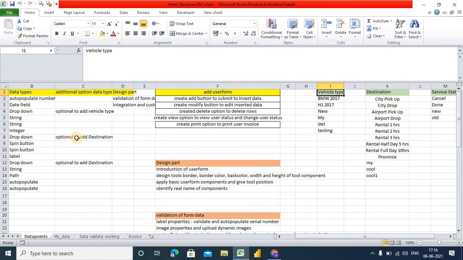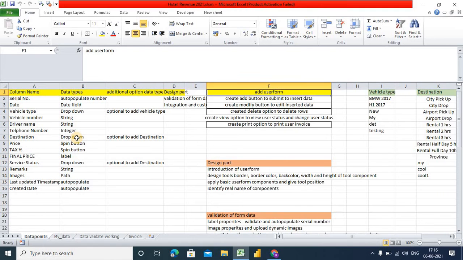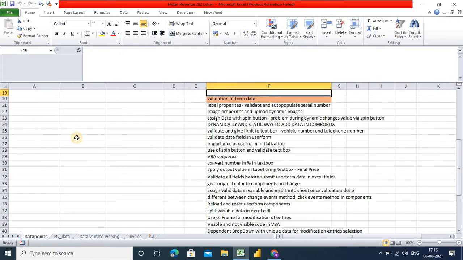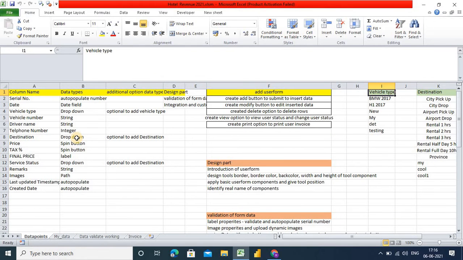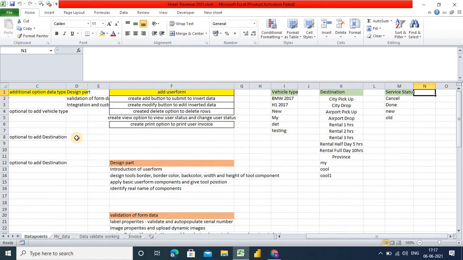Okay, so this is the vehicle number. Now first of all, I have created the hotel management system, and this is your summary of how we can create it. First of all, you need to clarify all these data types and what your action will be. This is all the documentation which I have prepared, and this is all your drop down list box. You can see this is all your drop down list box, right?